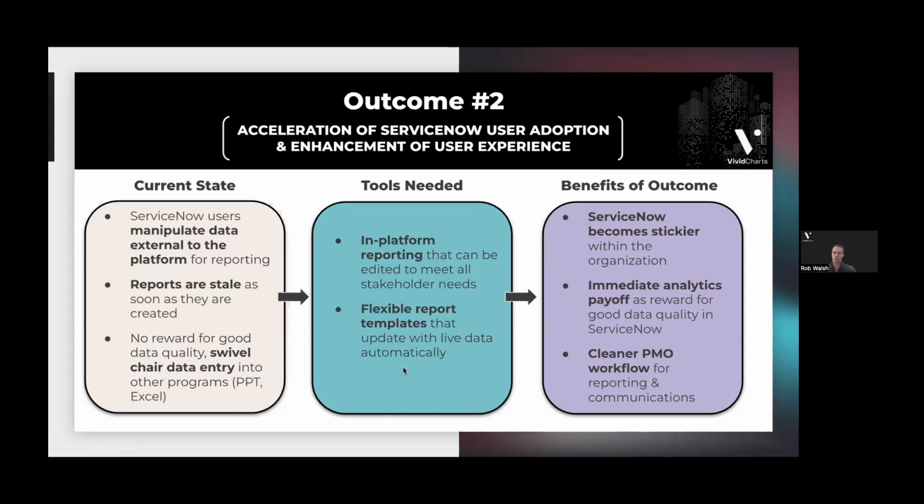So this is one, establish the standard template, right? Apply it to the live data in the system, but again, leave the PMO and the organization the ability to iterate on those templates. And because we're in platform, we can iterate on those, refresh the template, and now we're showing more data out of the PMO, creating more transparency. And some of the benefits we see associated with this outcome, ServiceNow just becomes stickier within the organization. Immediate analytics pay off as a reward for good data quality in ServiceNow, and cleaner PMO workflow for reporting and